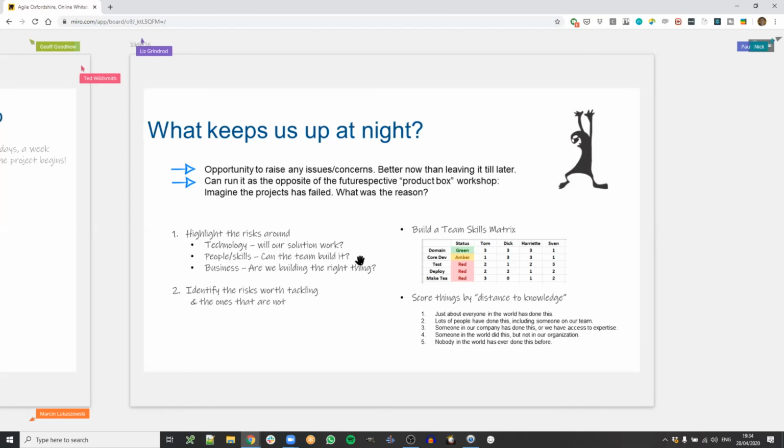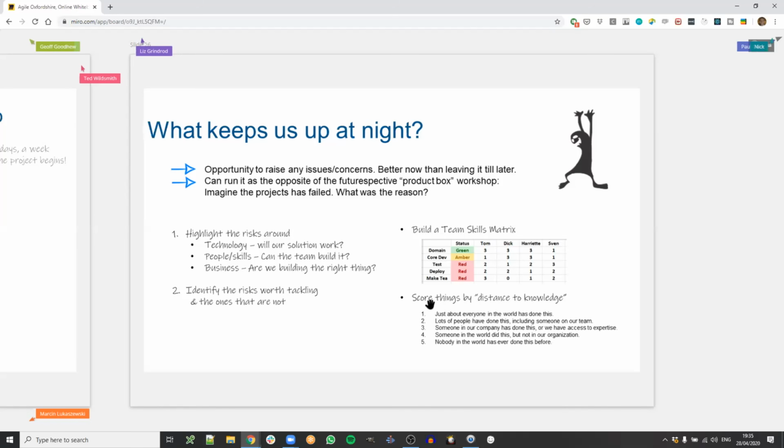So I often build a team skills matrix in those workshops, just to get an idea of who knows what, and who is an expert and who is not. A little scoring system, like 0, 1, 2, 3, with 3 being you're the expert, 0 being you've never touched this thing and have no idea, and 1 and 2 being everything in between. Then you can easily highlight if there's a gap in the team or not. This is all basic stuff, but often neglected, or at least it's written down in the document but not necessarily shared in a workshop way to make sure everybody is on the same page.